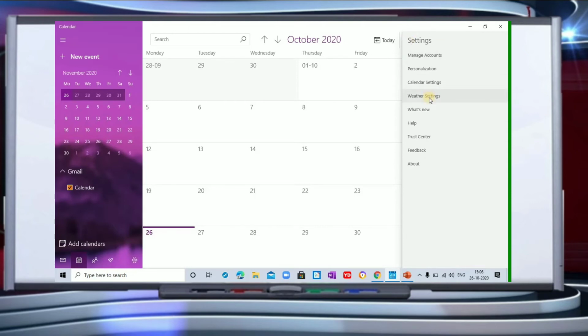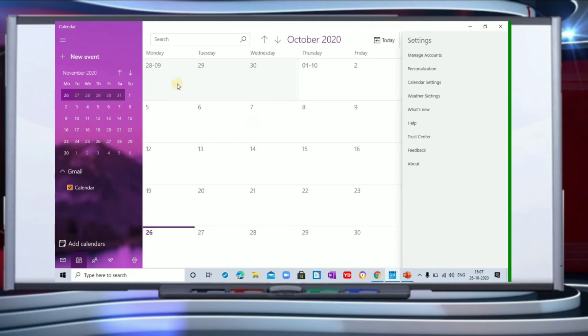Then weather settings. Yes, if you want the weather forecast in your calendar every day, you can set these weather settings also, so that you get the weather forecast daily. Now there are so many other options that are used in a calendar. If you want, you can try the options, and then you will come to know exactly what happens with them. Now this is how we can work with the calendar.